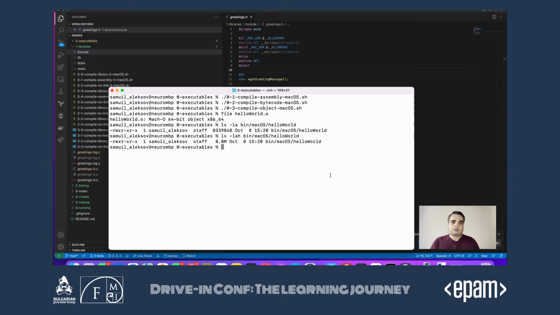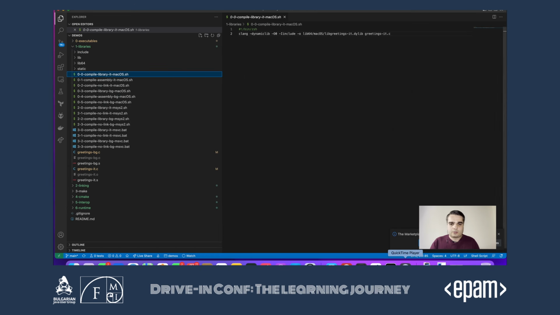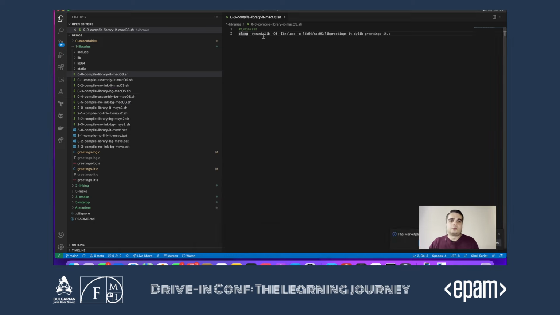And if we compile this, so we'll use the compile library script, but I think you saw the script. So it's going to call the Clang compiler, pass the dynamic lib flag, or for Linux this is -shared.